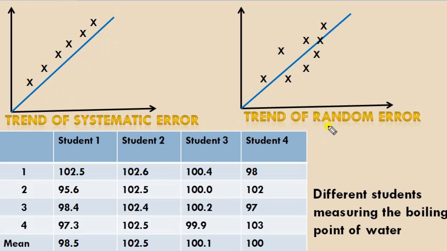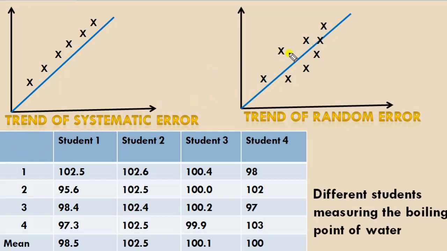On the contrary, let's see the trend shown by random errors. Sometimes they are on one side of the true value, while other times they are on the other side of the true value. So they can be positive as well as negative. The magnitude of random error is changing as well. See, here the magnitude of random error is very small, here it is quite large, here again it is different. So each time we are getting a different magnitude of random error, and the nature of the random error is also changing. Sometimes it is positive and sometimes it is negative.